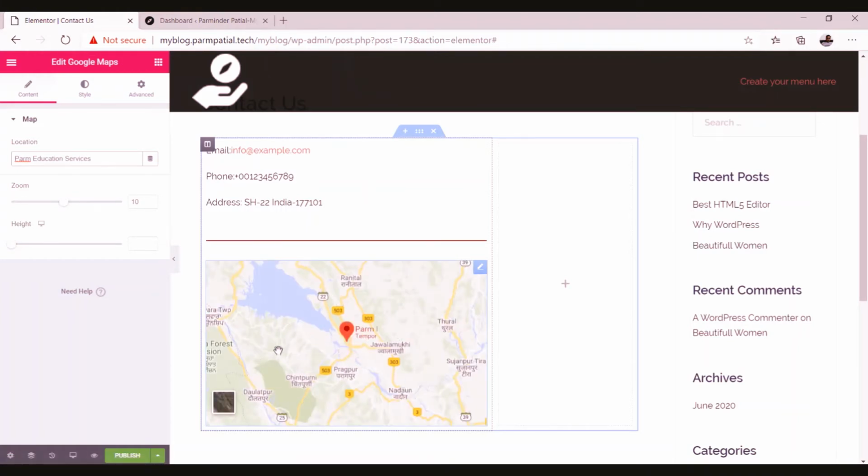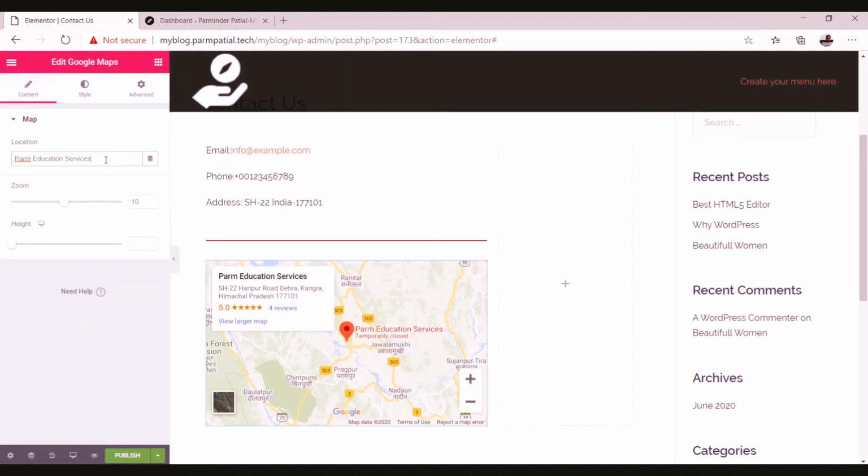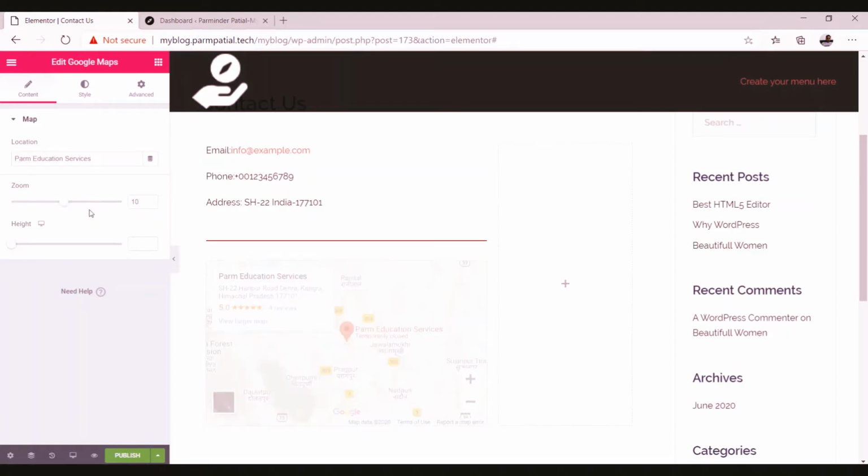Here you will find that a map is loaded and it's showing some location. You can use your own address on the Google Map to specify your location, and that map will appear here. Then you can select the zoom level on your map, how much you want your user to zoom, and you can set the value here, or use this arrow button to increase or decrease the zoom level. You can also increase or decrease the height using this button.